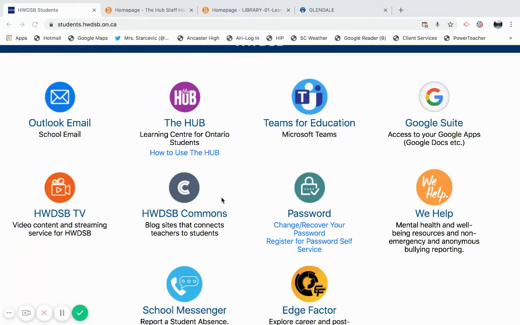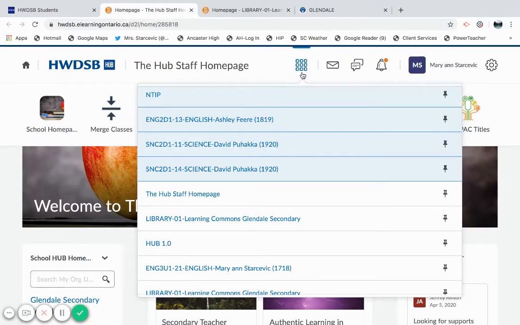This video will help you find the Library Hub page, the virtual library, and the databases. So first you want to make sure that you're on the school homepage, and you're going to click on the Hub, which will open up your options for your class through this waffle, and you want to find Library 01